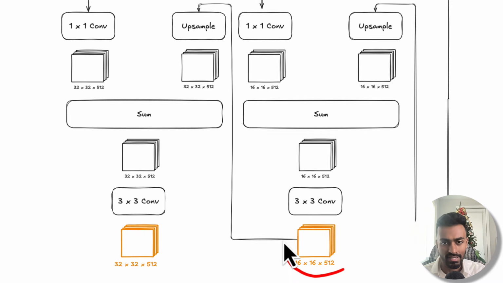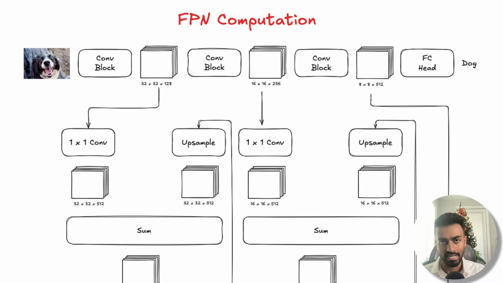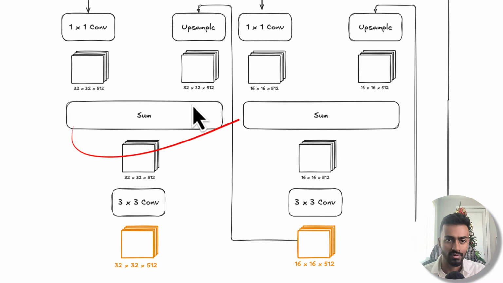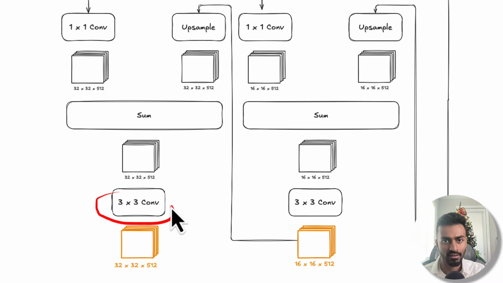So now we have this tensor here. We will then do the exact same thing that we discussed before. We perform upsampling 2x to get 32 cross 512. Make sure that the number of channels here, 128, also becomes 512 using a pointwise convolution. We'll take the sum, then we'll also smooth out the artifacts of upsampling with 3 cross 3 convolution to get